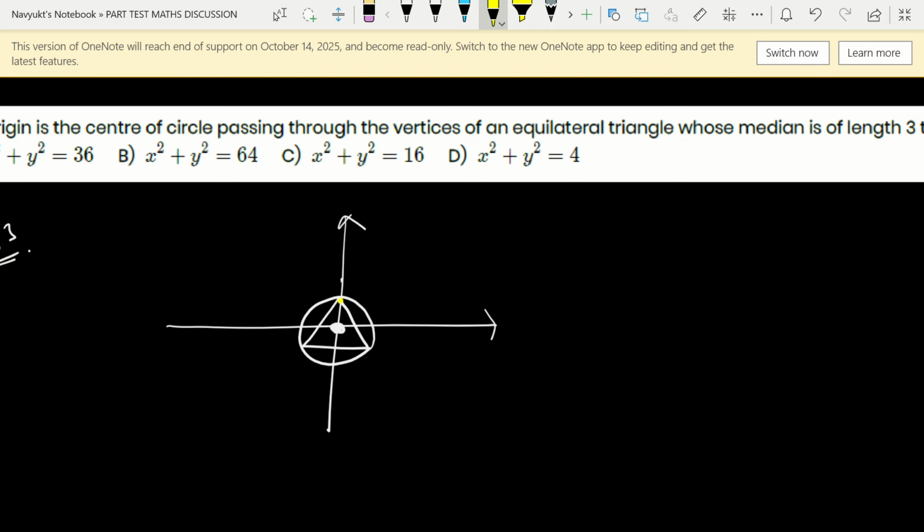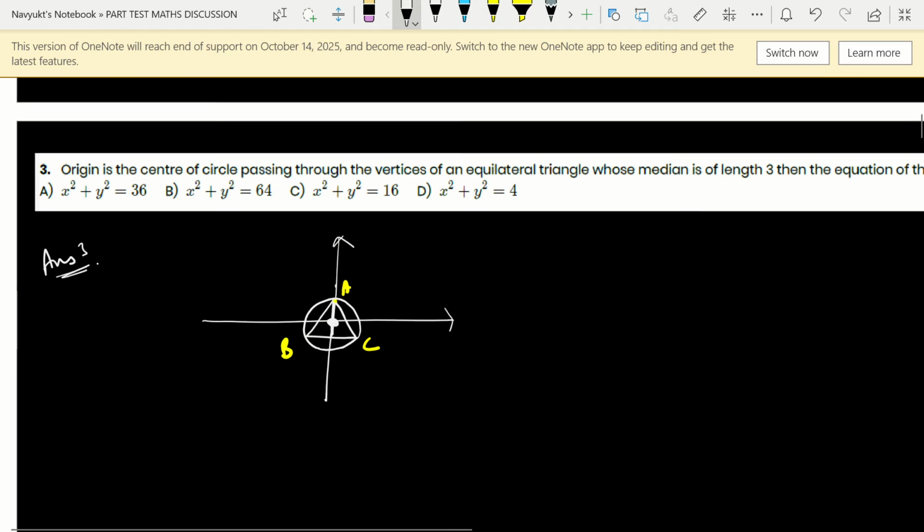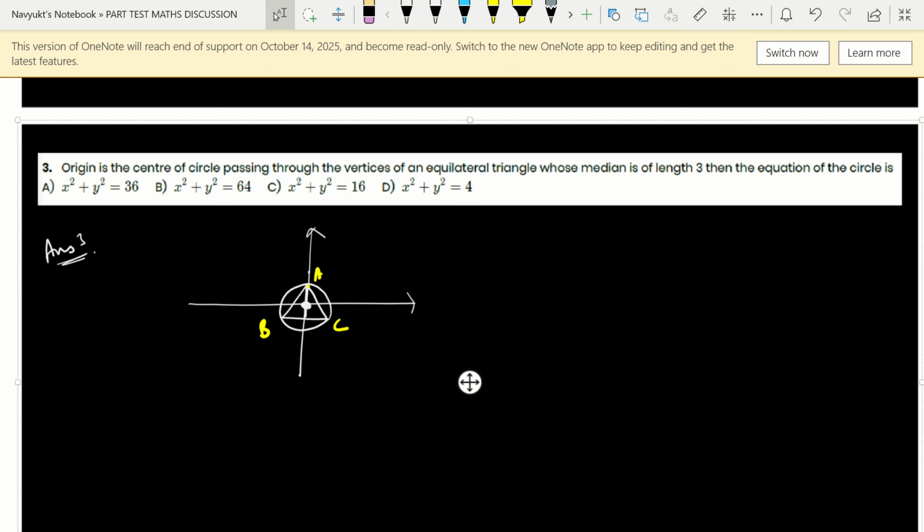when I try to draw this from A, B, C, let's draw the median from A to BC. That will be this line, correct? And that length they have given, how much? They have given the length as 3, right? So let's say this is point E. So AE, they have given us 3. What we'll do, we'll simply draw a triangle. This is this. And as you will notice,